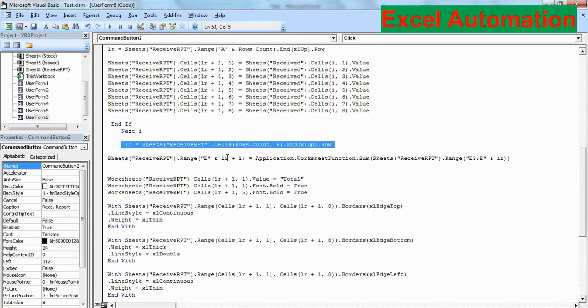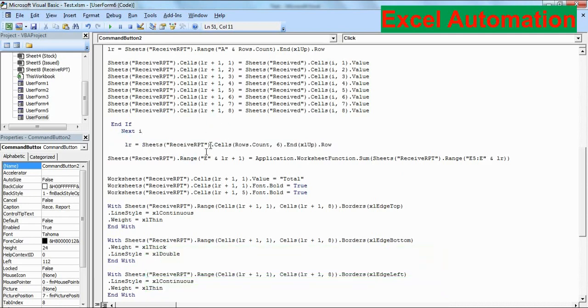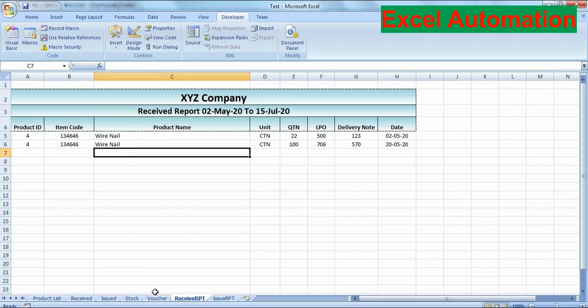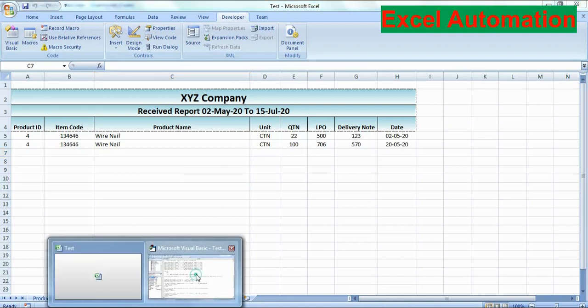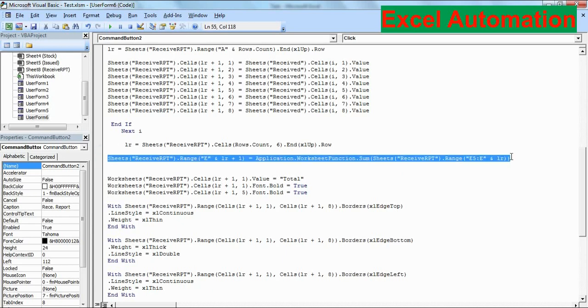First of all, we will write this coding to find out the last row of received RPT. This is the received RPT, our received report sheet, and we want to know the last row of this sheet whenever we are generating a report. After that, this is the coding we will use for getting the dynamic sum.